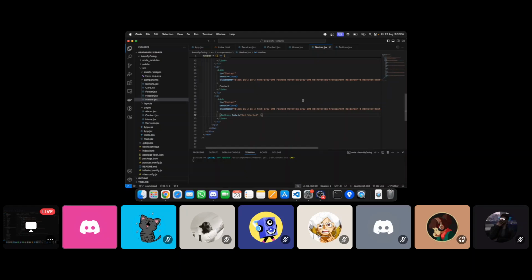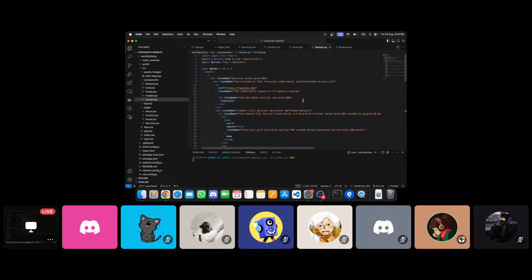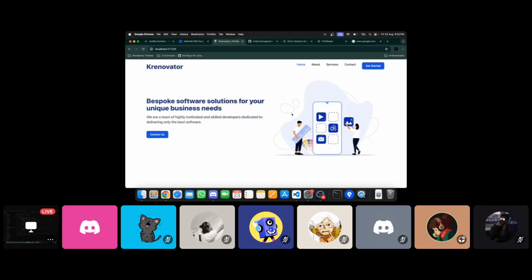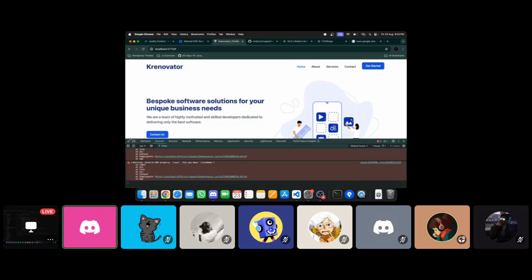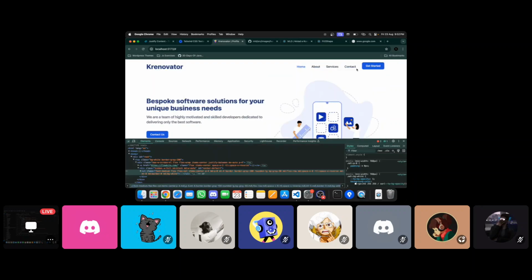Okay, I think this is, if you remove this center thing, it's better, but then this is not at the center right now. Let me check. Actually, it's centered.